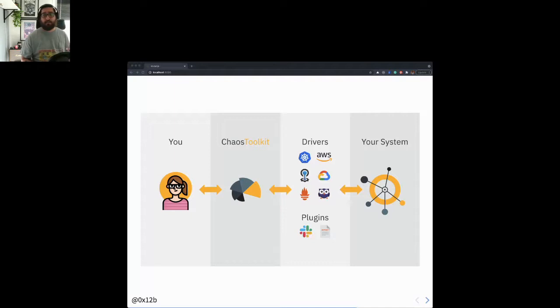And if we are able to perform all the actions that we've defined as part of our experiment while still staying within our boundaries or our error budgets, the test is considered to be successful. If not, it's considered a failure.